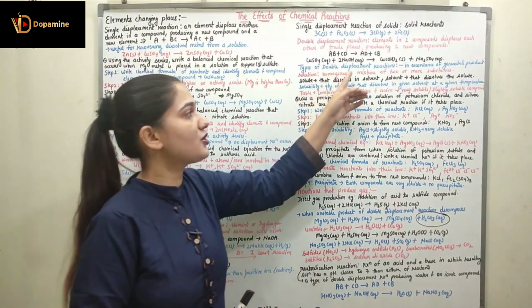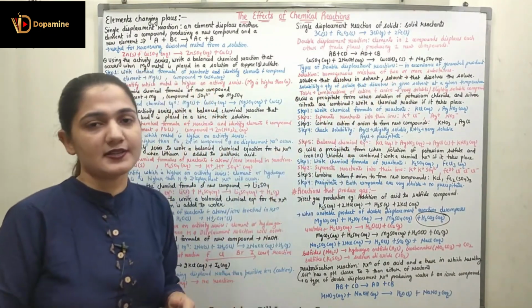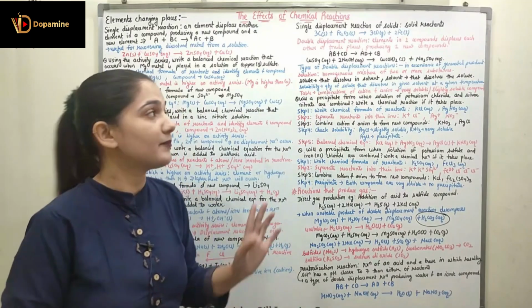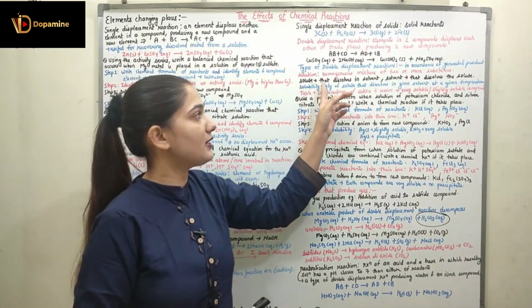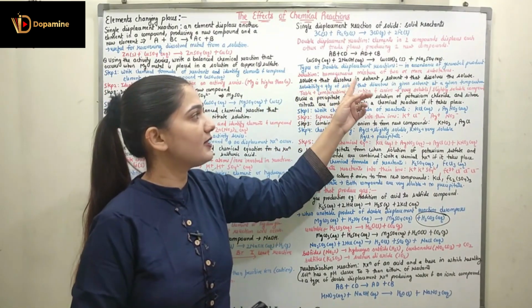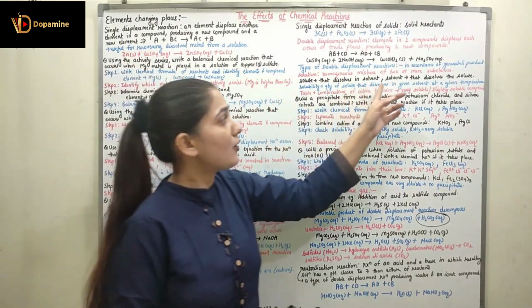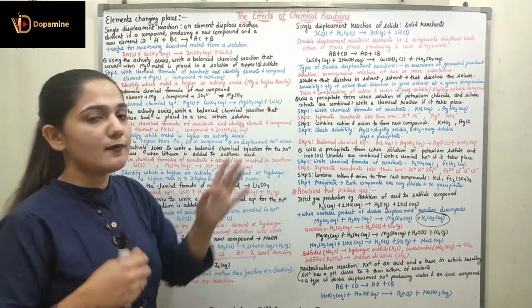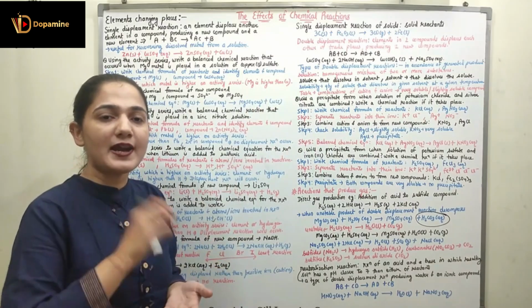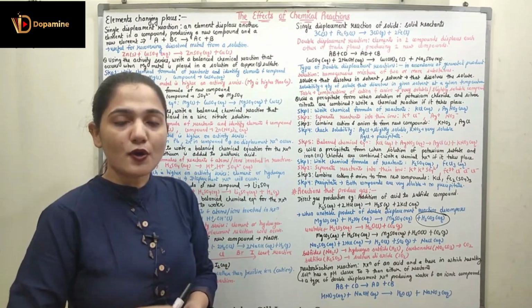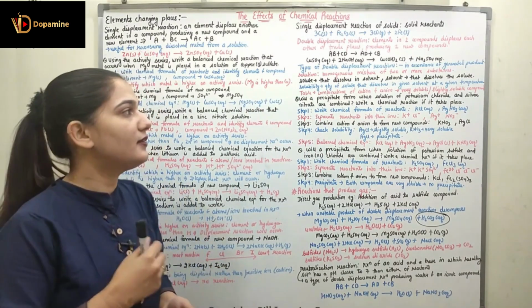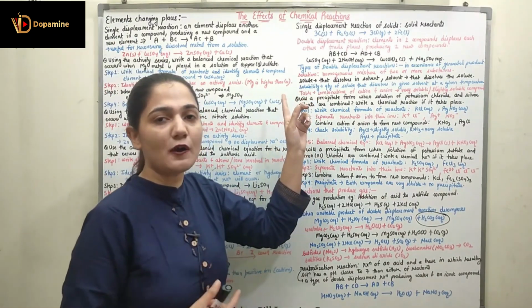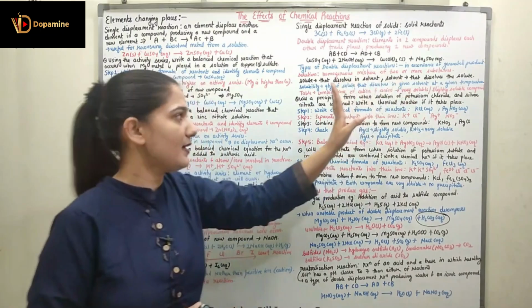Solution is a homogeneous mixture of 2 or more substances, right? So you have to remember this word homogeneous over here. Coming to the solute, solute is the thing that dissolves in the solvent, right? Solvent is that which dissolves the solute, right? So when I am adding salt to water, salt is solute and water is solvent. So solute, that is salt, is dissolved in the water, that is my solvent.